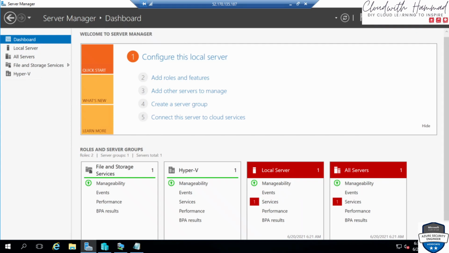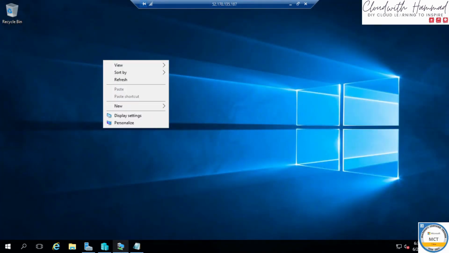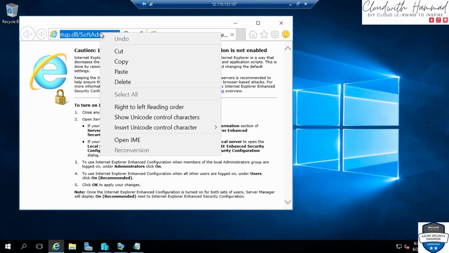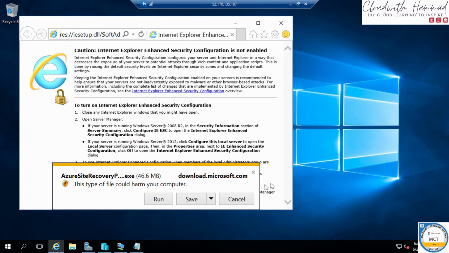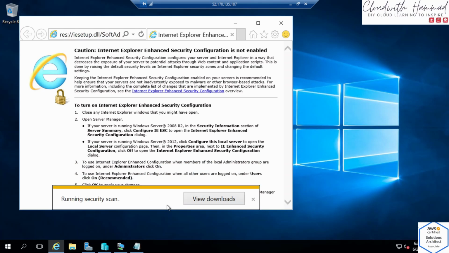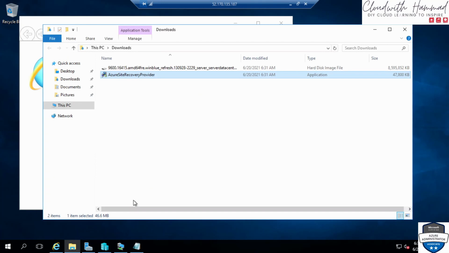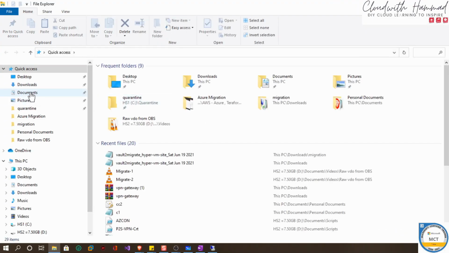I would minimize this, and then this is actually onto the server. So I would go back onto downloading this first, and it's going to download that recovery. It's done. Open folder. Also, let's go back to that, minimize this for a second, and while this is happening, this actually is going to happen till we register the machine. Go back to download